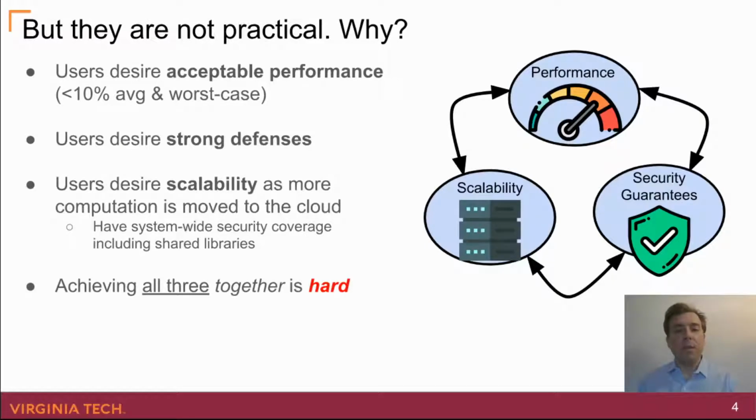In general, for a defense technique to be as easily adopted as ASLR, it must have three key properties. It needs to be performant, it needs to be a strong defense, and it needs to be scalable such that the defense can be applied system-wide. In practice, most techniques can achieve two out of these three desired properties, but achieving all three is challenging,